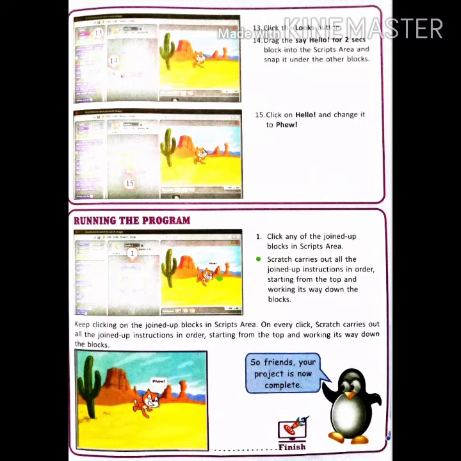Scratch carries out all the joined up instructions in order, starting from the top and working its way down the blocks. Keep clicking on the joined up blocks in the Scripts area. On every click, Scratch carries out all the joined up instructions in order, starting from the top and working its way down the blocks. So friends, your project is now complete.